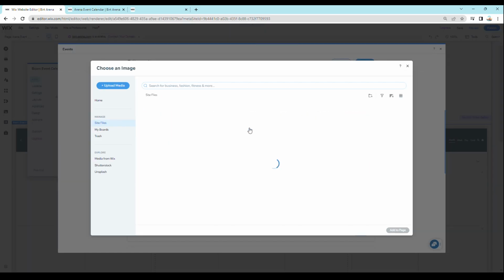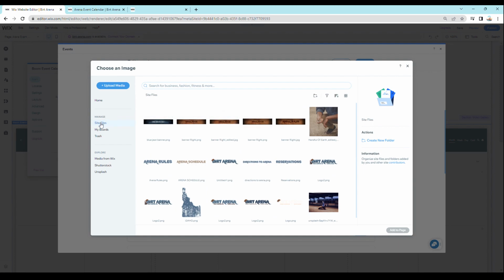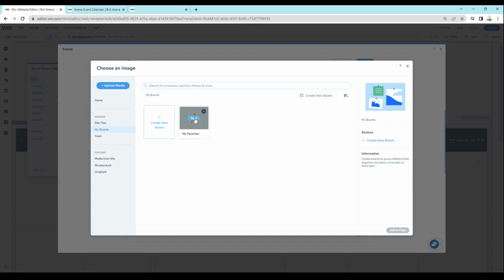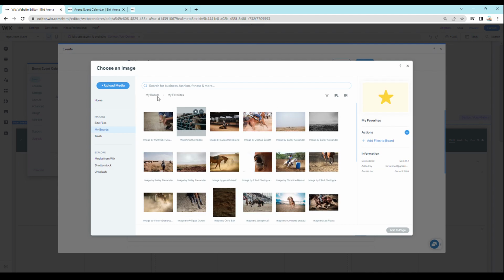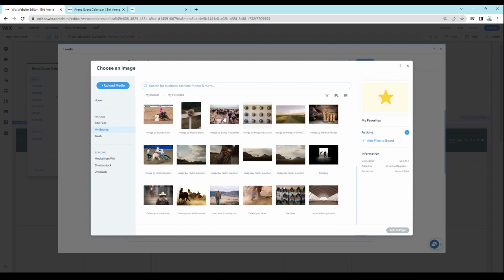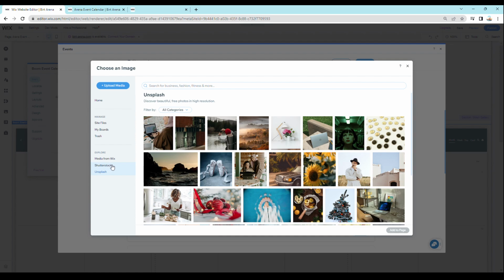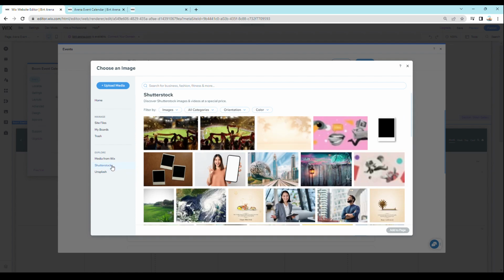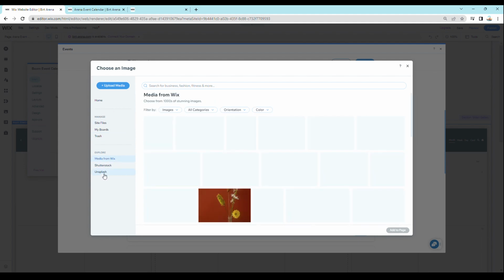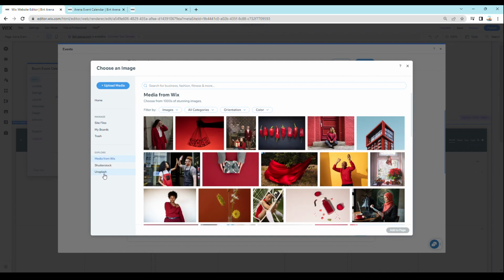So say I wanted to change the image. I've added on your My Boards under favorites just tons of horseback riding images, cowboy hats, everything. Mind you, these are all entirely free. They're through this right here, Unsplash, or there is Shutterstock. Shutterstock, you do sometimes have to purchase images. It says it right here, discover these images at a special price. I usually just avoid that area and I go to media from Wix or Unsplash, because these are all free